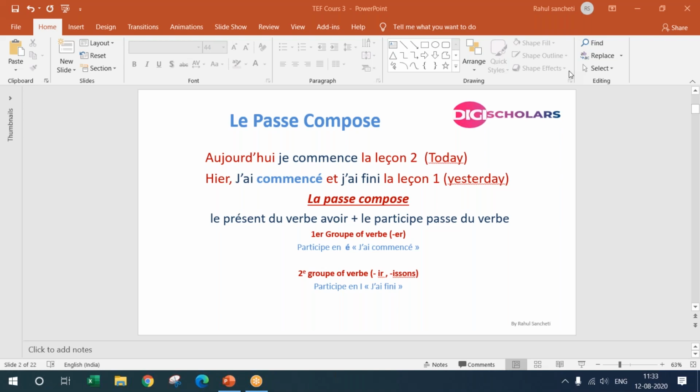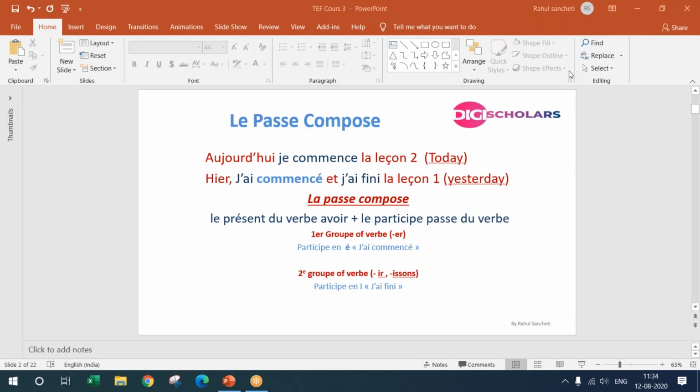Today we'll be looking at the advanced sessions of passé composé, that is past tense. Yesterday we saw the general rule of conjugating a sentence in past tense, and what the structure is like when we have a person, verb and an object in present tense, how we add another verb, a helping verb, also called an auxiliary verb, and the format changes from person, verb, and object to person plus verb 1 plus verb 2 plus object. This is the general format.